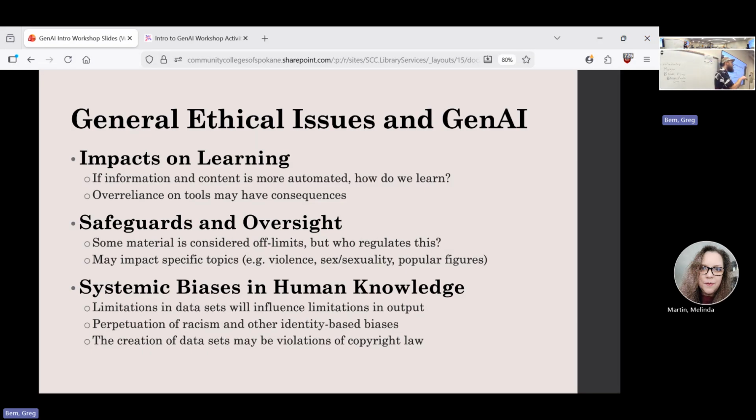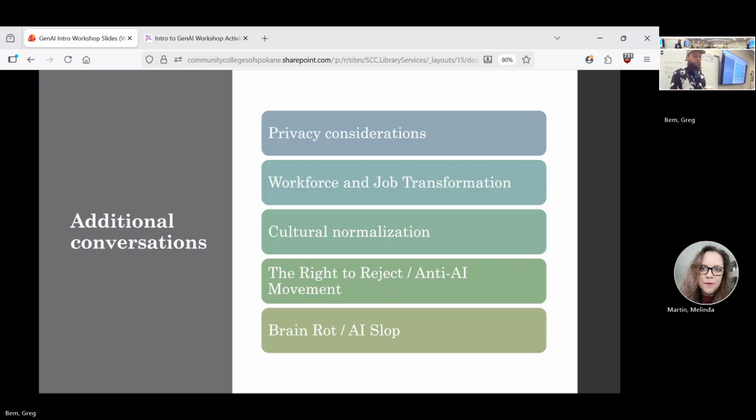The problem is it won't necessarily tell you what those biases are because it's pulling from thousands and thousands of different pieces of data. And as I mentioned earlier, some of that data is social media. You all know what social media posts are like, right? Some of it is books from the 1870s. A lot in there to unpack. And so there are problems. And it goes back to what you said about whether we should trust or accept this information without thinking about it. No, we should ask ourselves, what are we looking at? How can we verify that information? And how can we critically think about it?